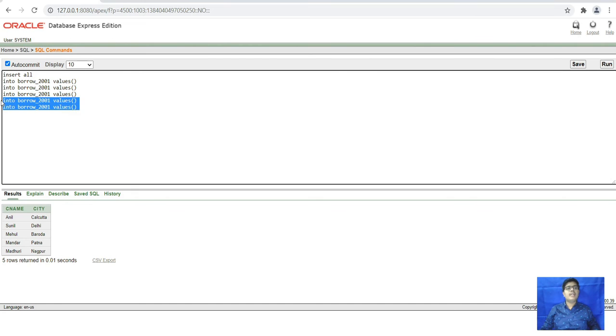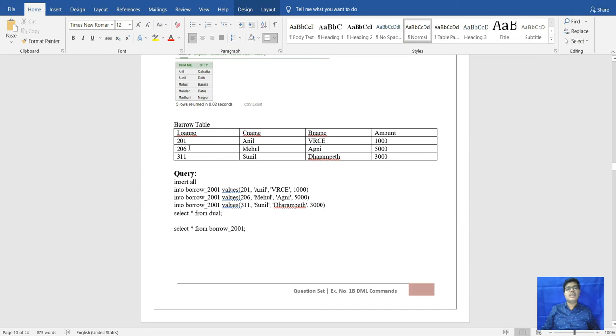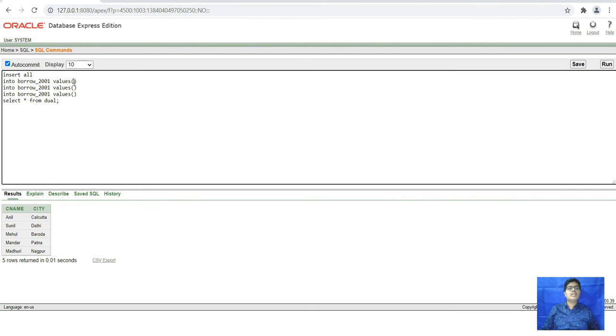Only three we have to enter here. After that, the first that is 201. Name is Anil. After that, branch name is Vizag. Amount is 1000. After that, we will move to the next.